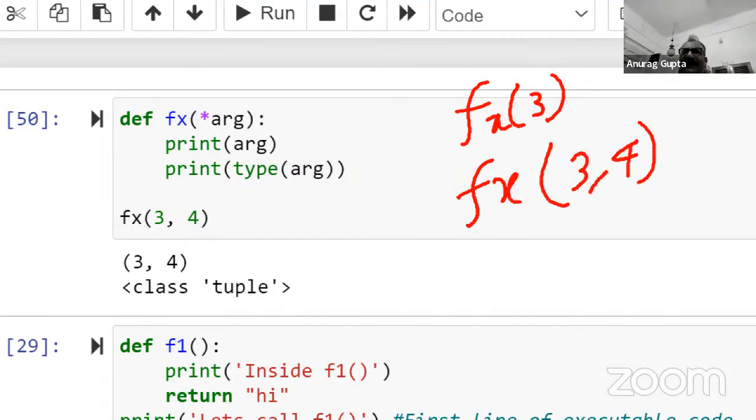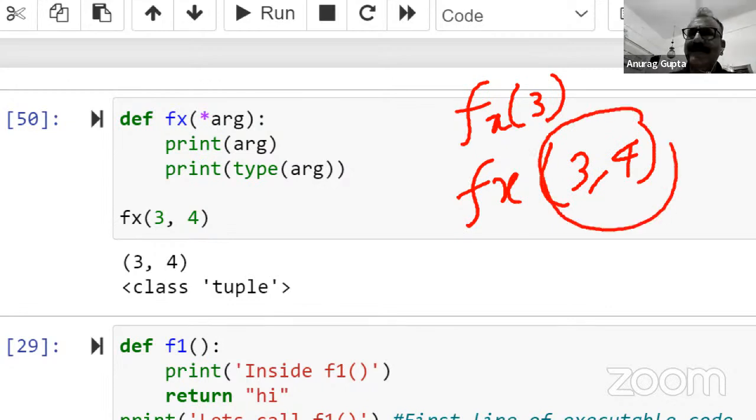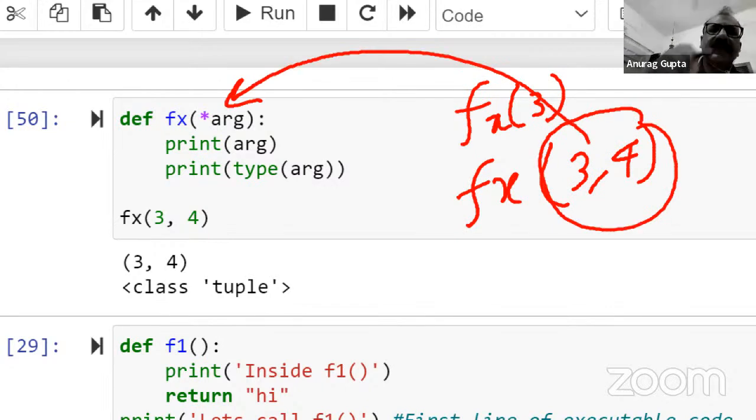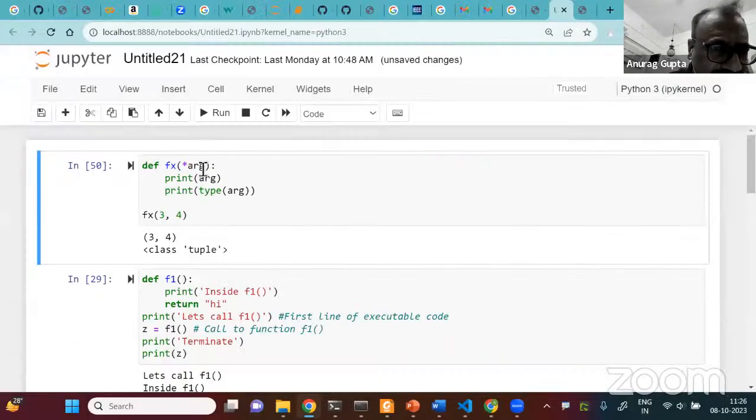So my interpreter is taking all these arguments and putting them into a tuple called arg. You can use anything here, you can use fox. But why, unlike in the previous instance, when we passed a single parameter it came out with 3 comma, now when we pass 2 parameters it did not come out with 3 comma 4 comma? Yes, good question. Because if you write simply 3,